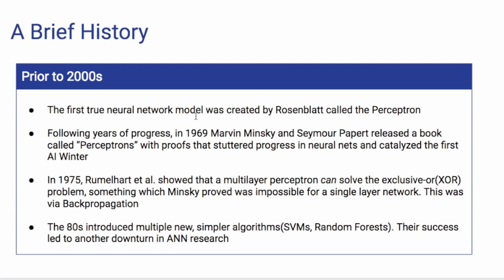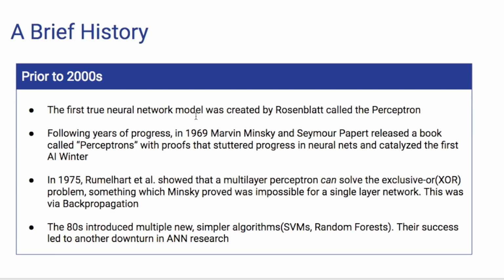So prior to the 2000s, most of the research that was going on in neural networks was architecture, right? We were finding new architectures, different ways of creating a connectionist model. As far as results, they were very few and far between, which, as you learn, is part of the reason we had 2 AI winters and deep learning and neural networks in general took so long to take hold.